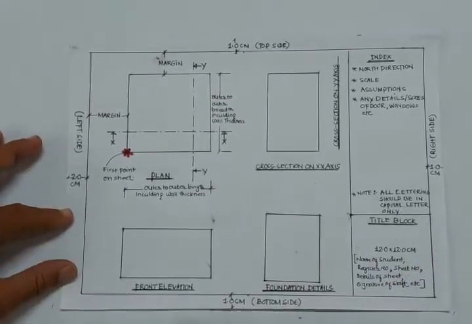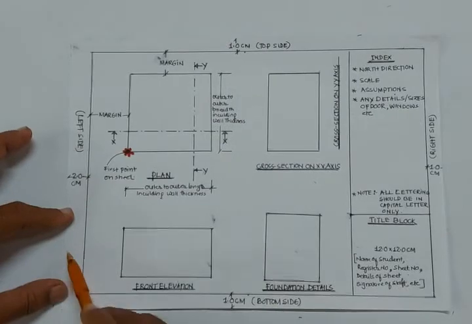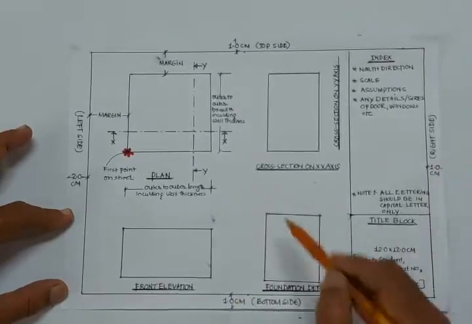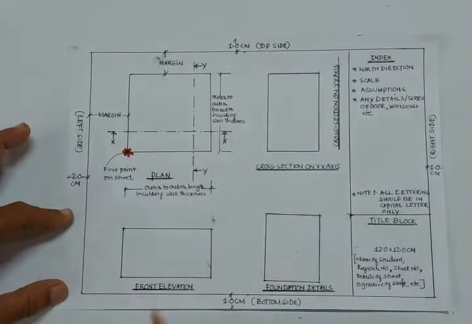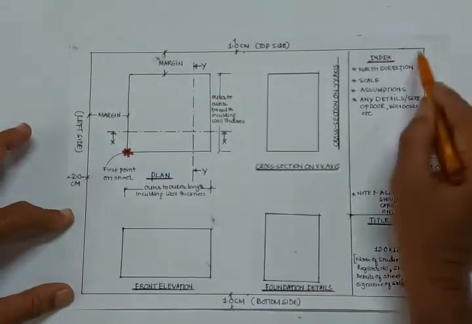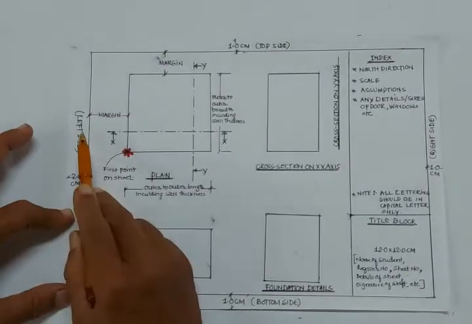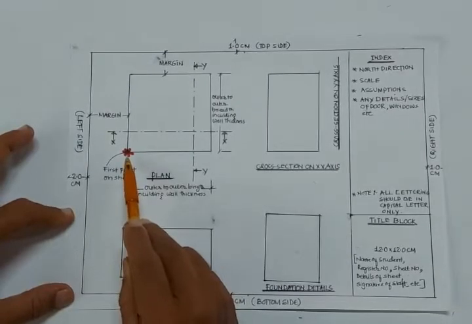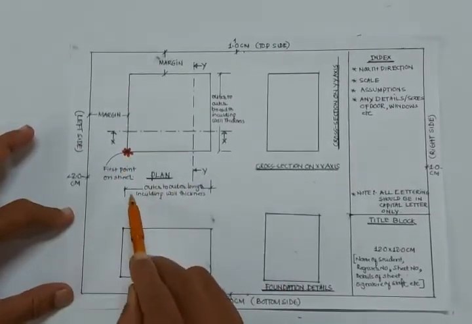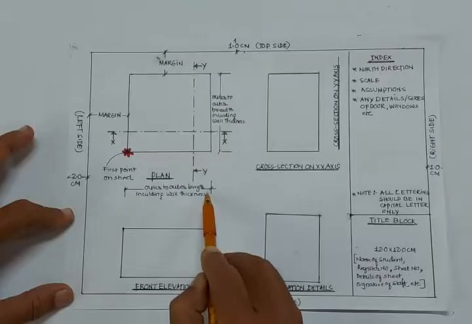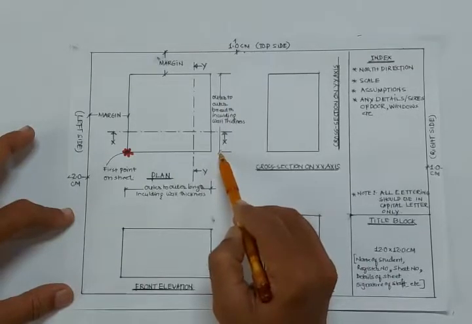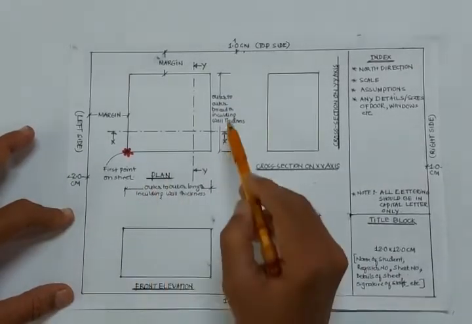Suppose this is the drawing sheet. According to the drawing sheet, you have to take a 2 centimeter margin on this side and a 1 centimeter margin on the bottom side, and again 1 centimeter on the right side and 1 centimeter from the top side. As per the border of this drawing sheet, you have to start from the plan. Before drawing the plan, you have to find out the total outer to outer length of the line diagram which is given, and the outer to outer breadth of the line diagram, as per the given dimensions.